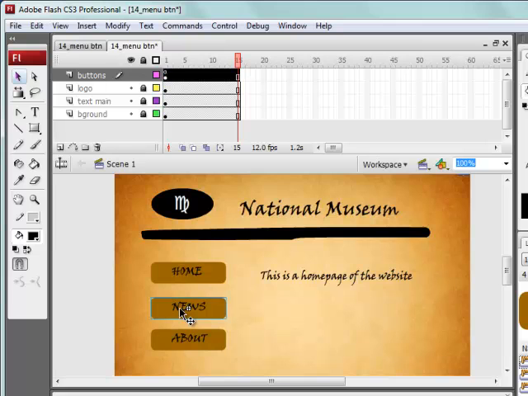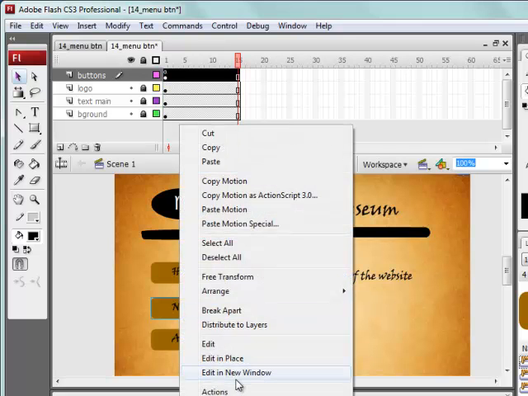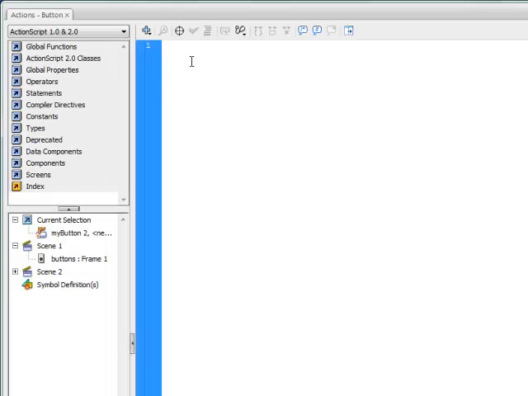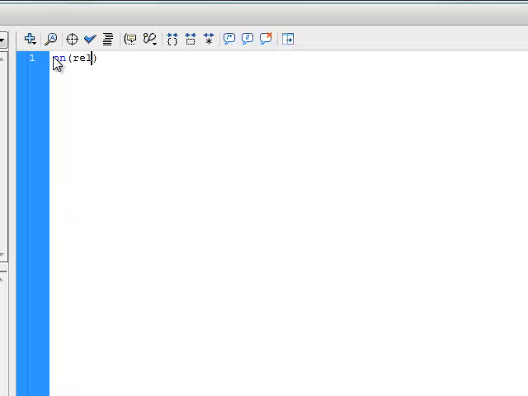So click on news button because you want this news button to go to news page. Right click on it and select actions. On actions window, type this action script command on release, open and close bracket, and type in